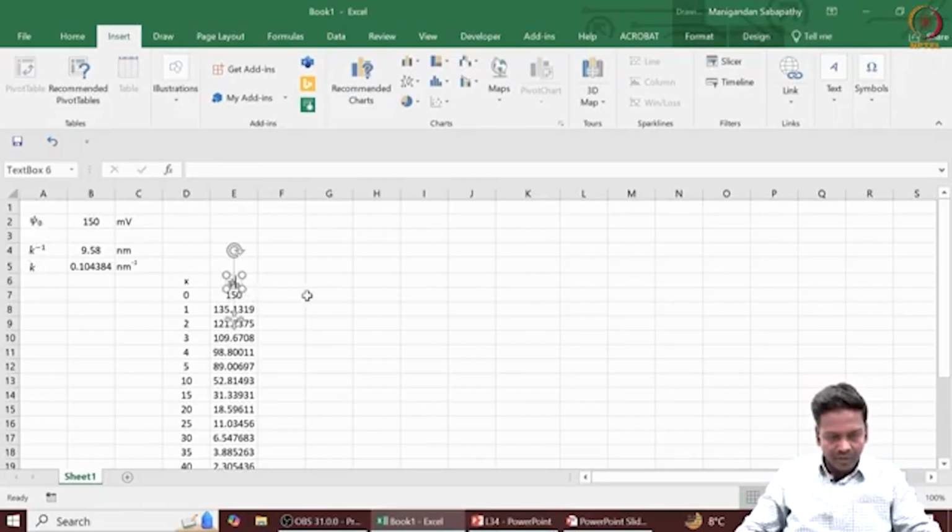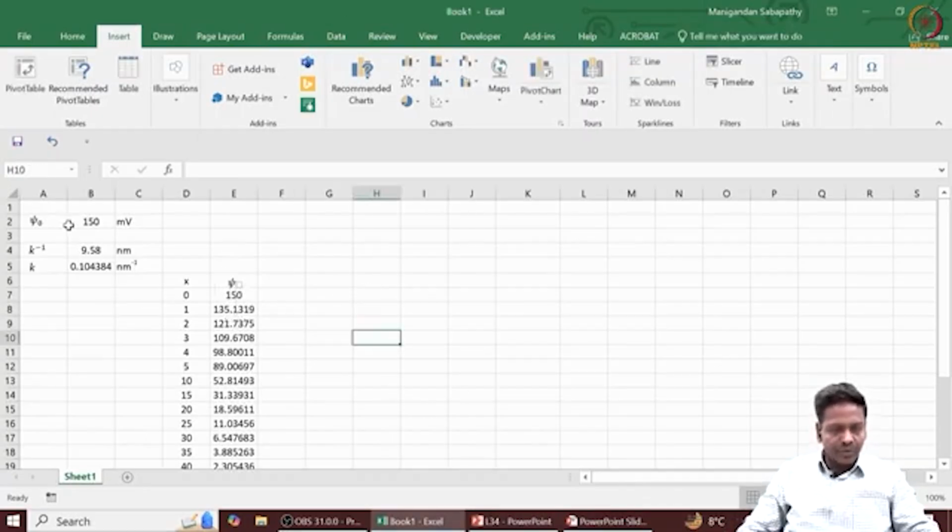So the psi naught value is given, that is 150 millivolt here, and we need to evaluate what